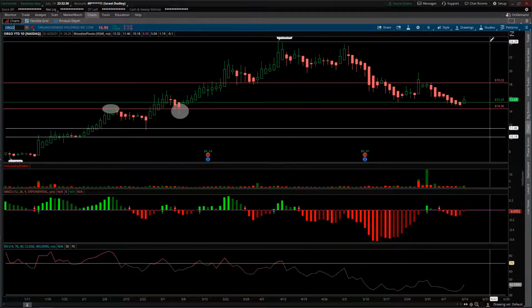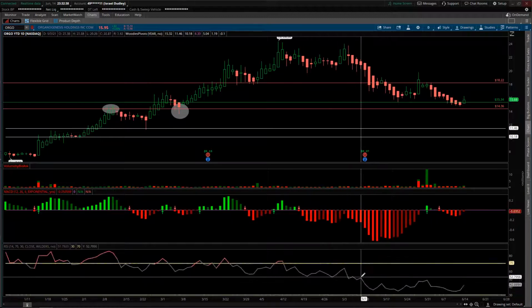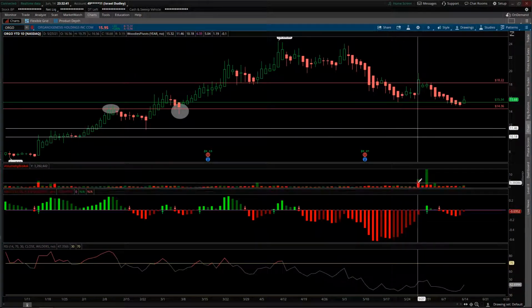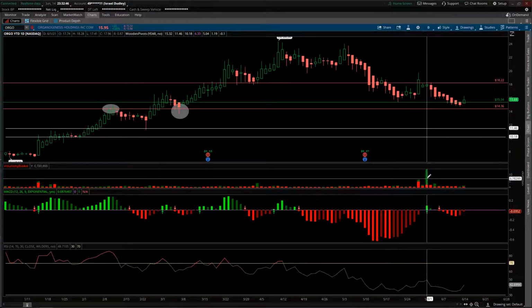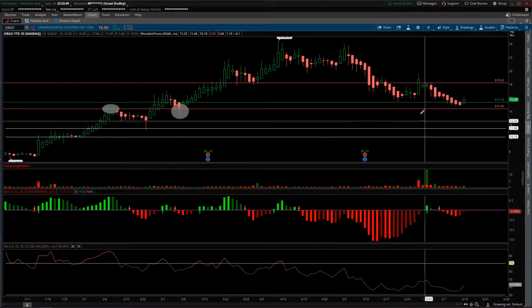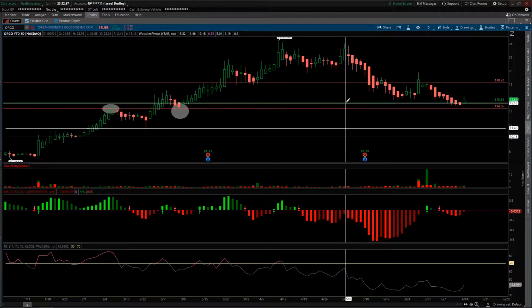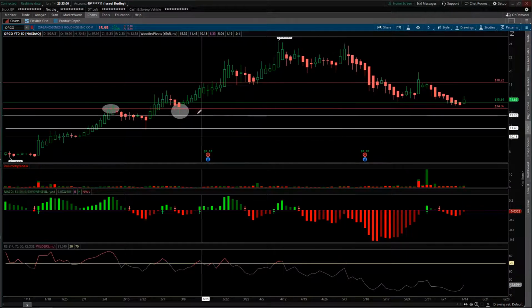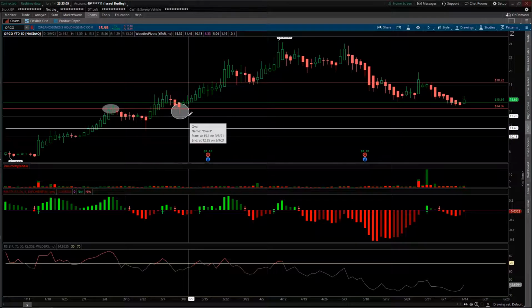As you can see here, this is the daily chart. I like the Heikin-Ashi candles because they smooth out price action. I like the MACD indicator, the RSI, and then volume, which shows me a separation between the bid and the ask, how many buy orders versus sell orders there were. Each of these straight lines is an area of either resistance or support. And then these are some confirming areas where the price has hit those areas of either resistance or support to